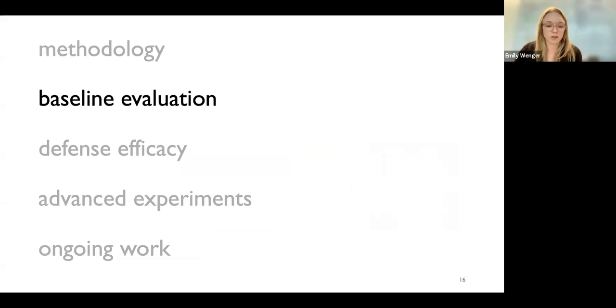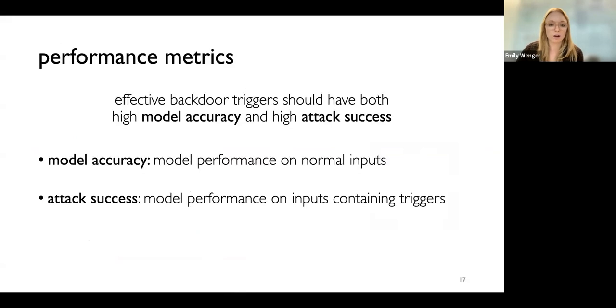So the key question then is, did it work at all? And we measure whether or not it, quote unquote, worked by 2 different metrics. We want backdoor triggers that maintain high model accuracy on normal inputs. They shouldn't corrupt the model, because if they do, then someone would get suspicious and throw out the model. And they should have a high attack success rate, meaning that the model should perform really well when it sees the trigger, and it ideally should not perform well on things that aren't the trigger.